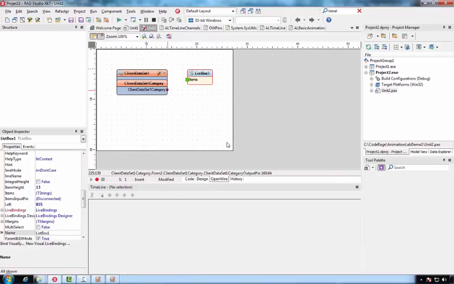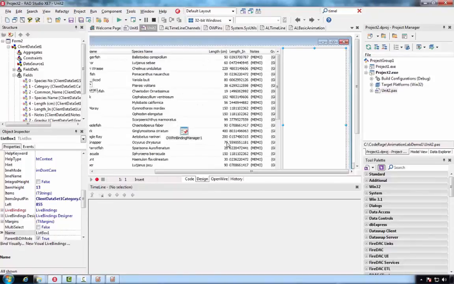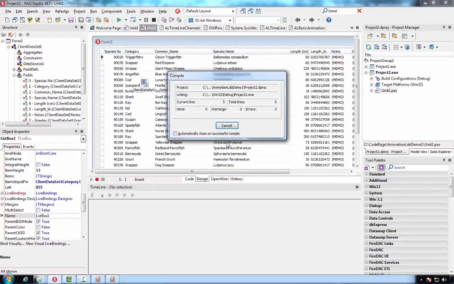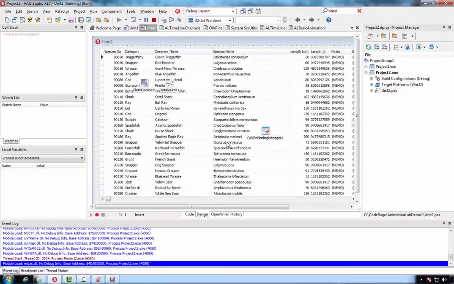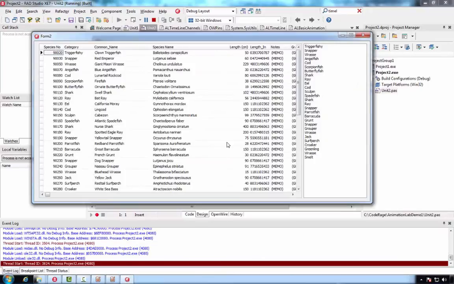And I will connect the two. If I run the application, you can see the list box is properly populated with the data.